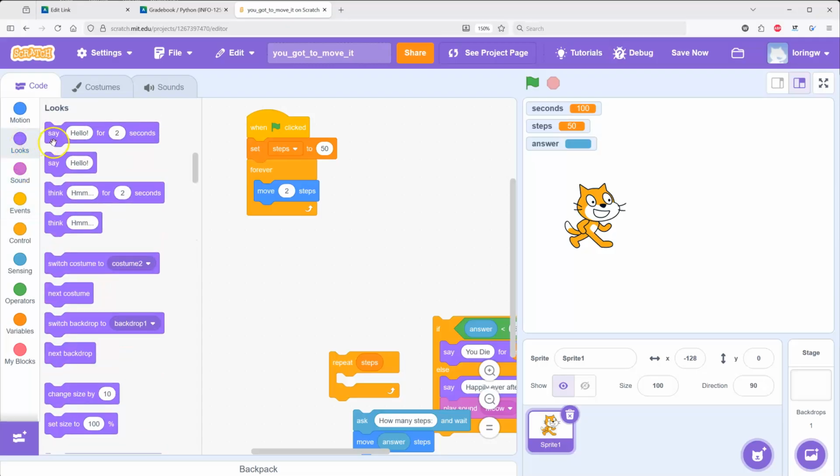Let's say hello, which should be up here. No, up here. There we are. We're going to say hello. We're going to say hello for 2 seconds. We're going to move 2 steps. We're going to do it 50 times. Well, actually, how many times are we going to do this? Oh, steps is not in here. What are we going to do? Well, let's put steps in here so that we can still control steps from here,